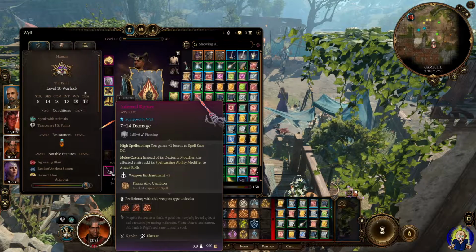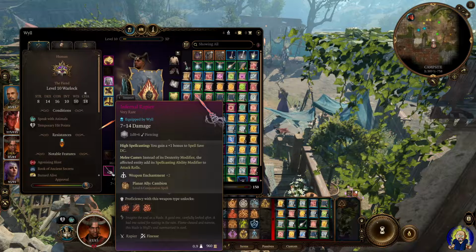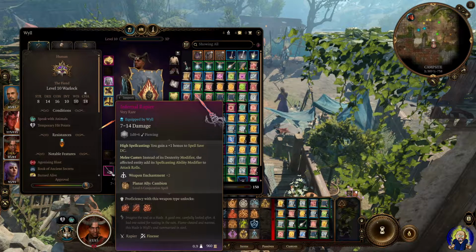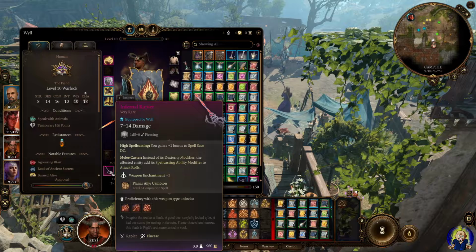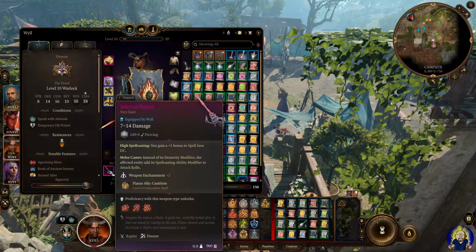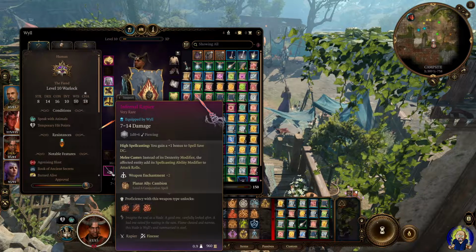And then I've got Infernal Rapier as the melee weapon on my warlock. It has High Spellcasting. You gain a +1 bonus to spell save DC. You also get, instead of its dexterity modifier, to add its spellcasting ability modifier to attack rolls. Once again, very useful and helpful in close-up situations with enemies